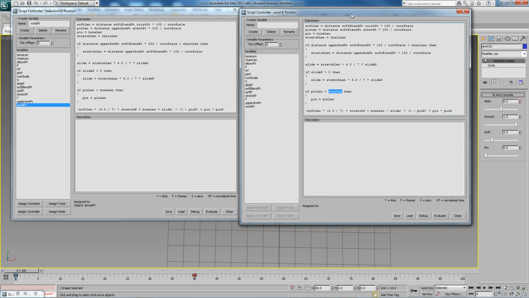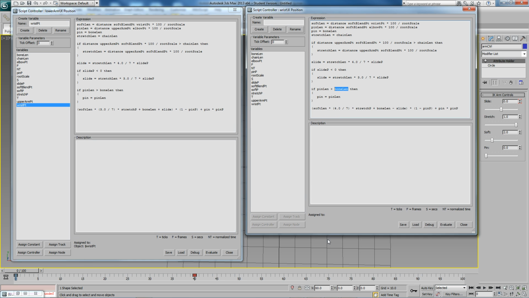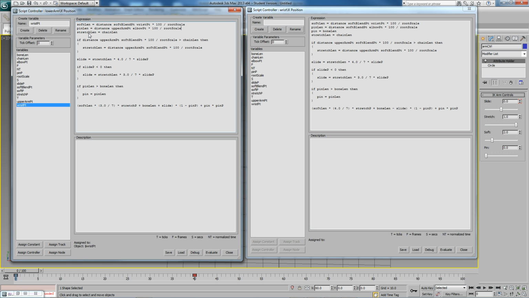And what we have to do now is actually reorder things a bit. So I'll just make this even larger. I'm going to copy the pin variable here, and I want to paste that underneath the definition of slide there,